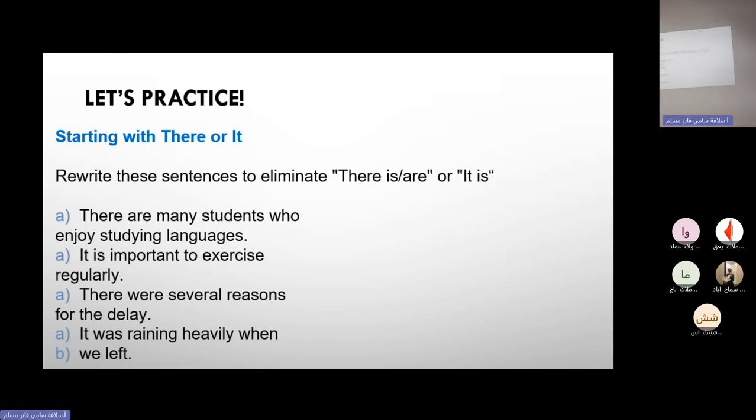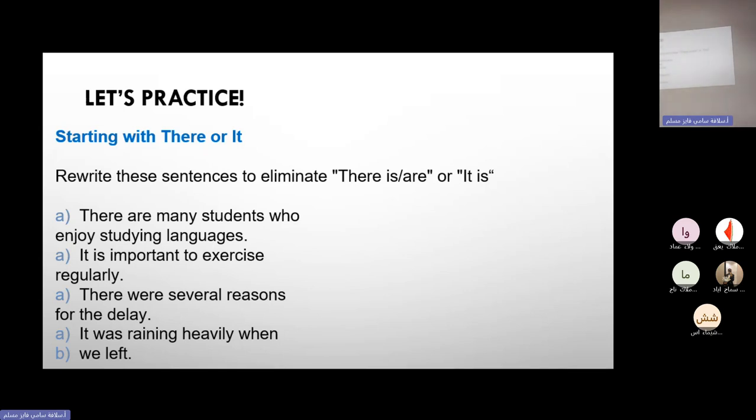There are many students who enjoy studying language. وين الفاعل؟ فتشي على الفاعل. ما دام الفاعل موجود في الجملة، ليش بنحط there is؟ ليش بنحط there are؟ ليش بنحط it is؟